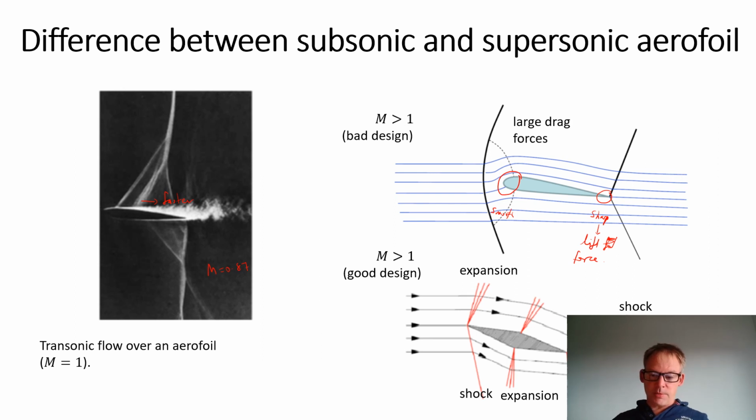Then you'll end up with an expansion, and then another shock, so you'll end up with a series of shocks, and that will interfere with the boundary layer and give rise to vortex shedding. The flow will still be subsonic,